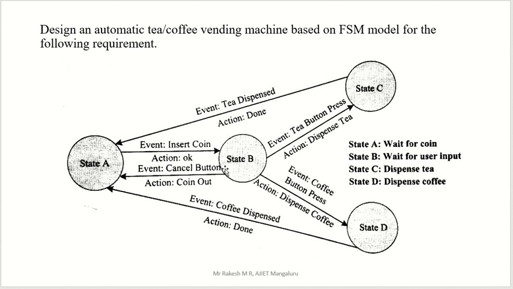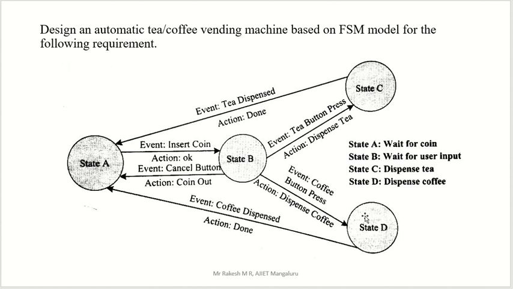Now consider you are waiting for that screen. Now you are getting one screen there. There you have the tea and coffee options. Instead of tea you pressed coffee. Now the event is coffee button pressed. And what is the action taken by the state machine? Dispense coffee. Where will that action be successful? Here. That means here the user will get the coffee in a cup. That is the dispensed coffee, the state D. So here you will get that coffee.